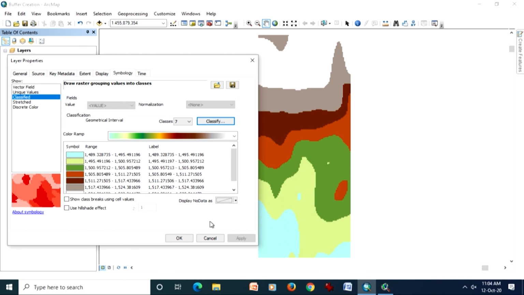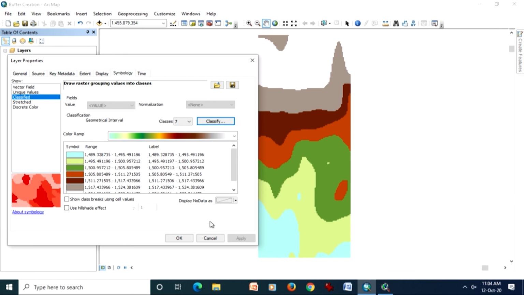Now, suppose I have found that geometrical interval is giving good results, but that does not mean that if I have another set of data for maybe the same area or a different area, the same classification method having 7 classes will give the same kind of results. It may not, because it depends on the distribution of the data. That is why I am emphasizing again and again that the histogram and simple statistics will let you know which is the best way of doing classification.